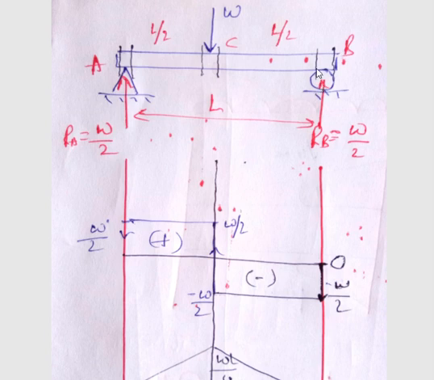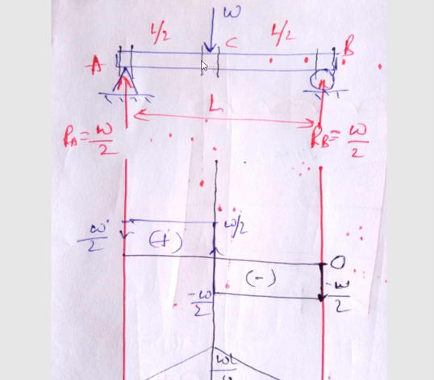Then after this section, come to this section. When I come to this section, to the right hand side of this section there is no other force apart from this. That means whatever force minus W by 2 was there from here, the same force is going to continue up to this section because there is no additional force to add or subtract. So the same force continues up to this point, that is this section.